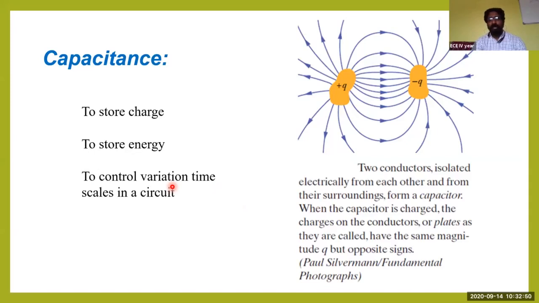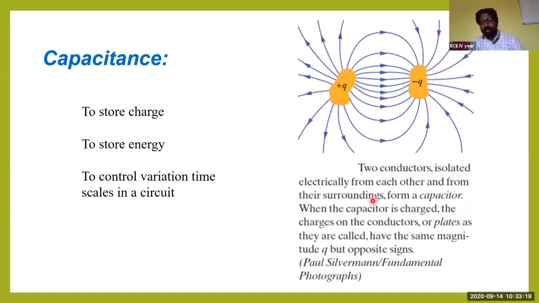if you want one particular signal to reach another point at one particular time, like t equal to 10 seconds, then if you use a capacitor between the two modules, that will delay the signal, so that within that time the signal which has to reach the second module will be reached. So that's how it will be used for controlling the timing scale, in order to vary or slow it. It will be used as an intermediate between the two points.